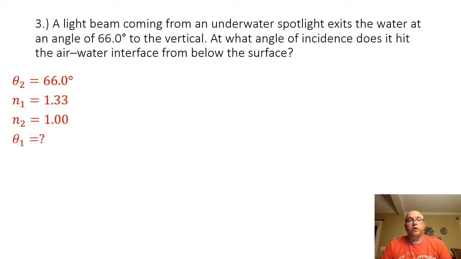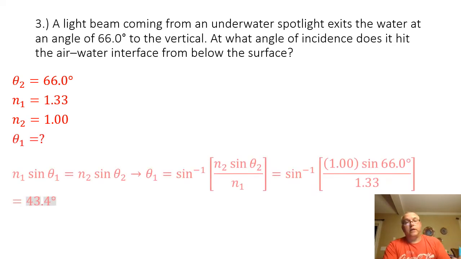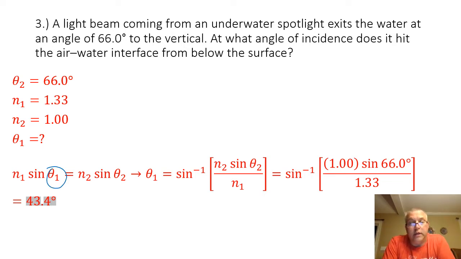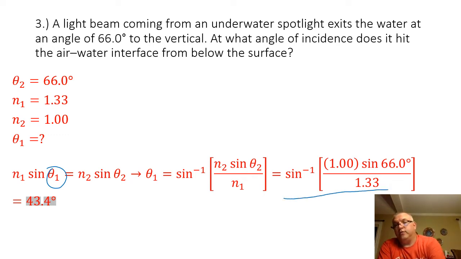So again, we're going to start off with Snell's law, but in this case, we are going to be solving for theta 1. So using all the same mathematical procedures as we did in the previous problem, solving for theta 1 will give me the inverse sine, theta 1 equals the inverse sine of n2 times sine theta 2 divided by n1. Plugging all of my known values into that equation will give me an angle of incidence of